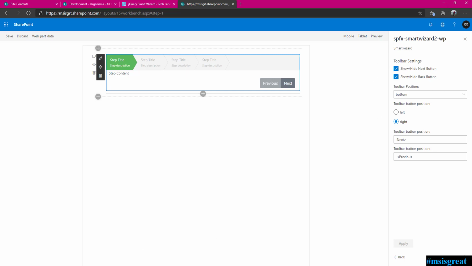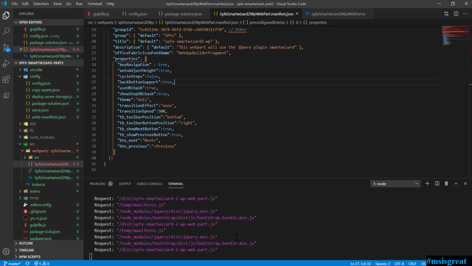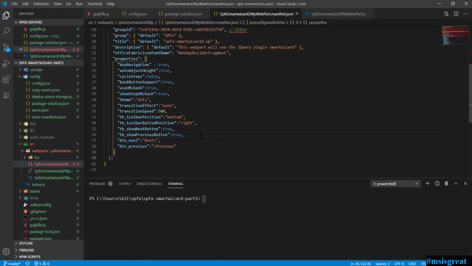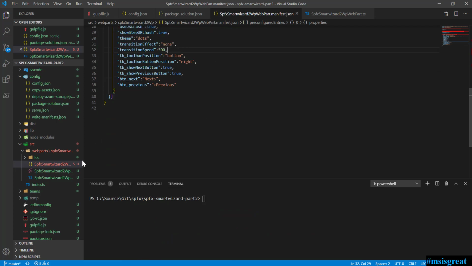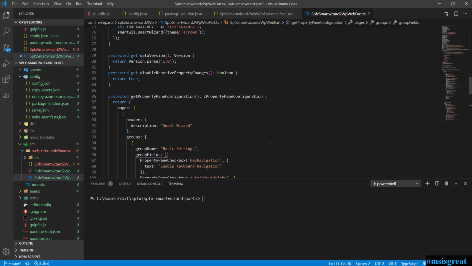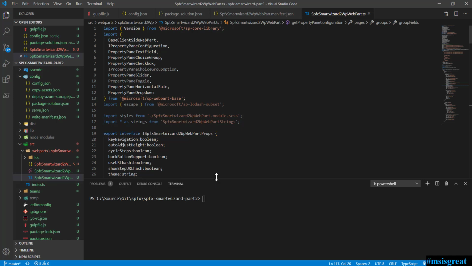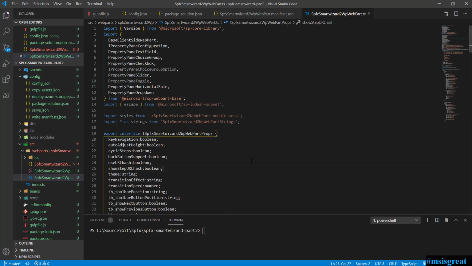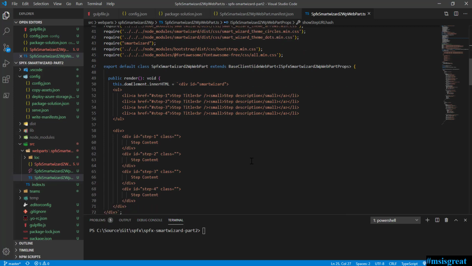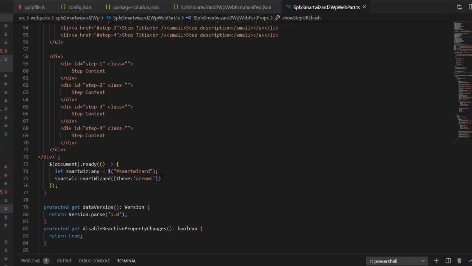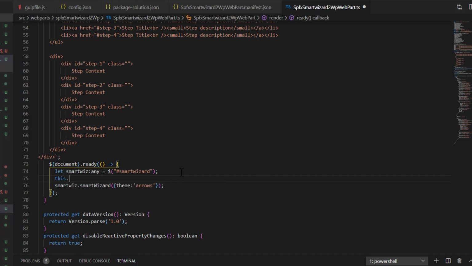The next step is to program such a way that these properties could be applied to the control. Okay, so now all these property values are saved inside a property called this.properties. Remember, when I use, let me go back up. Okay, so now this.properties would have all these values. I need to pass this.properties to all these values. So basically, if you look for this.properties